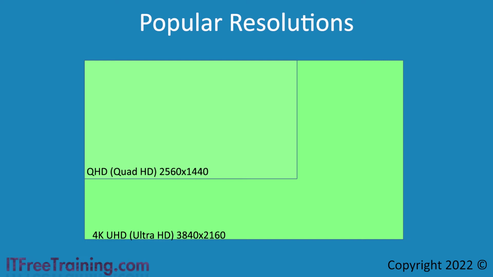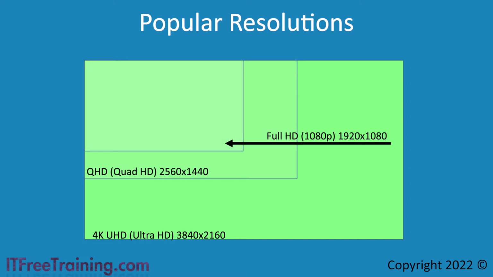to be considered 3K. The next resolution, Full HD, is what you will probably see a lot of. Since the resolution is 1920 by 1080, you will often see this resolution as 1080p, with the P meaning progressive, which means that on each redraw of the screen, all scan lines are updated. If you see 1080i, this means that every second scan line is drawn when the screen is updated. Early monitors and TVs used 1080i. However, you don't seem to see these types of screens on the market anymore.